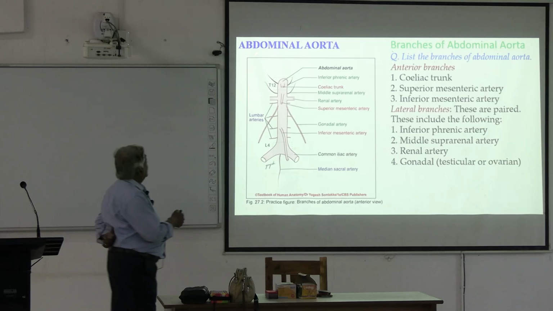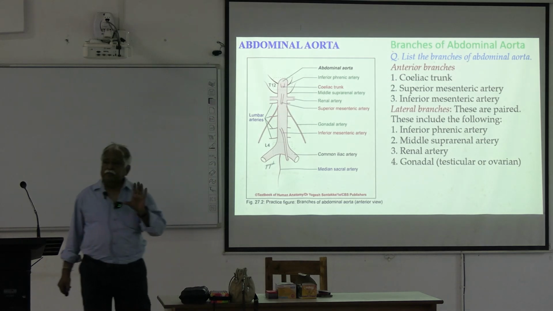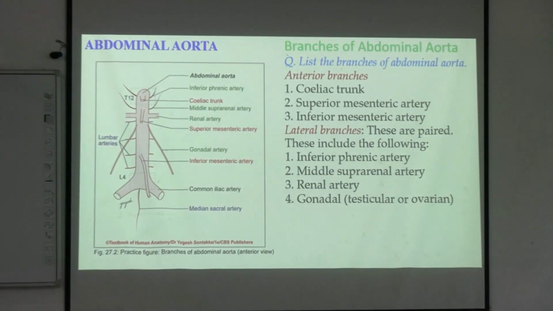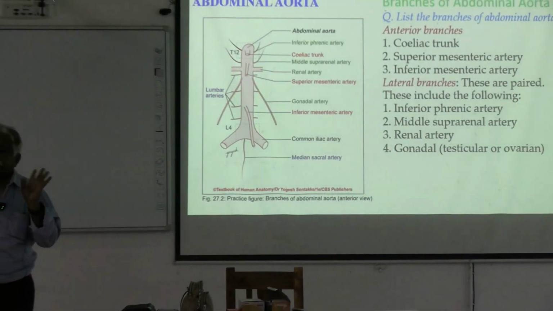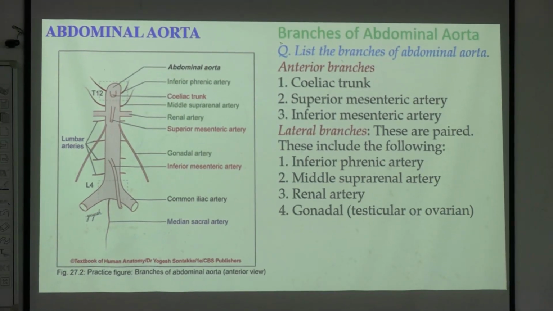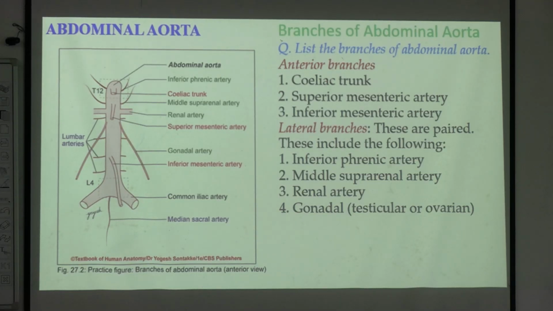Now you can see the abdominal aorta. Branches of the abdominal aorta. Question: list the branches of the abdominal aorta. This can be a question. List 1, 2, 3, 4, 5, 6, 7, 8, 9, 10, whatever it is. When you are answering, there are anterior branches and lateral branches. When you are remembering, you remember 1, 2, 3, 4. But when you are presenting in the viva table,